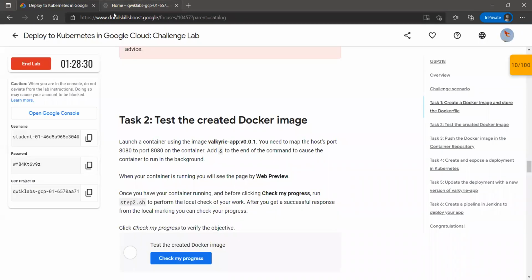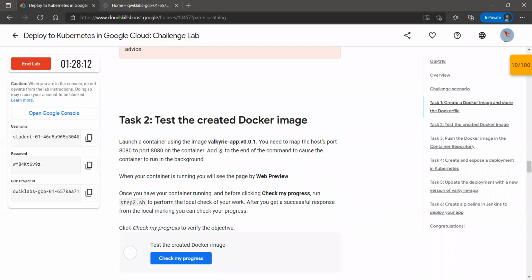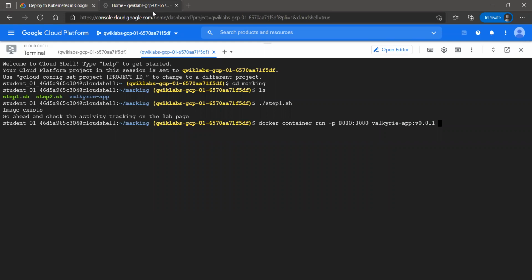For that, we'll simply do docker container run with -p, port 8080 on localhost to port 8080 of the container, and the image we will be using is this, and add an ampersand sign to the end.